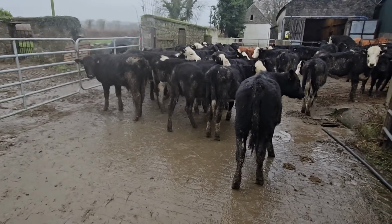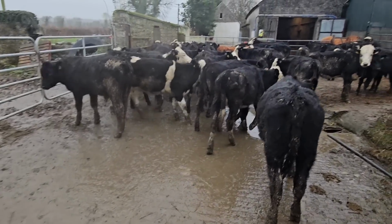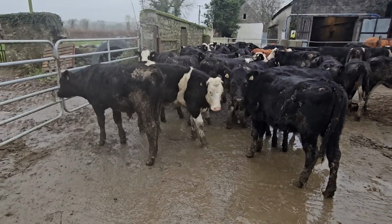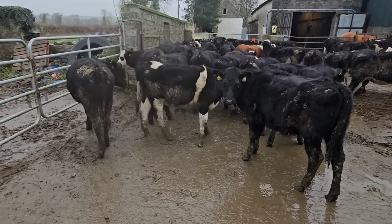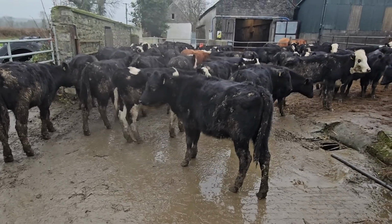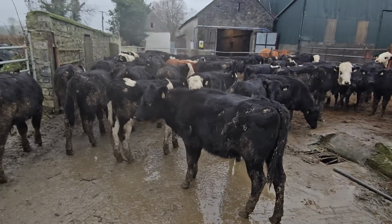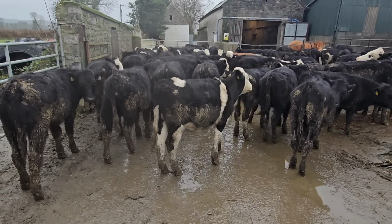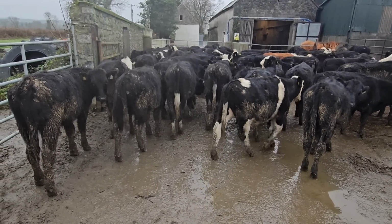So I'll get them down the crush. I'm not going to clip them. I haven't time for clipping them, and so they're not getting pour-on. I know it's raining a little bit, but they're going into an airy shed. They'll be alright. There won't be any fear of them getting pneumonia or anything like that. And I will get them dosed for worms. They haven't been dosed since